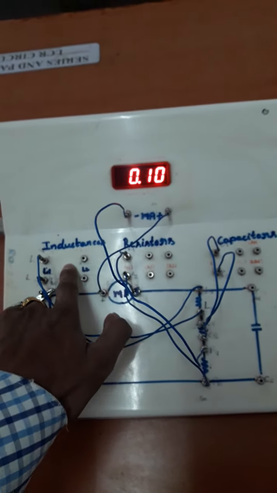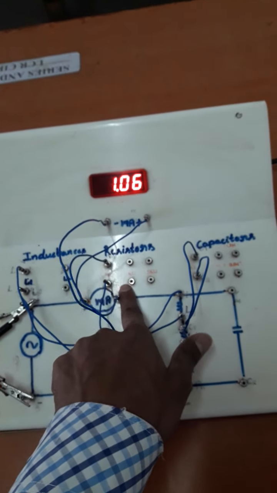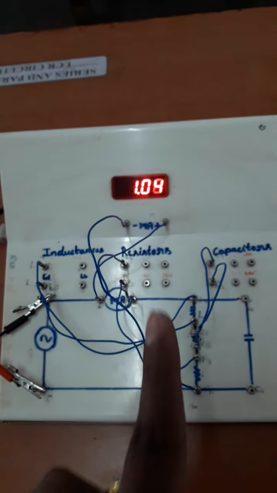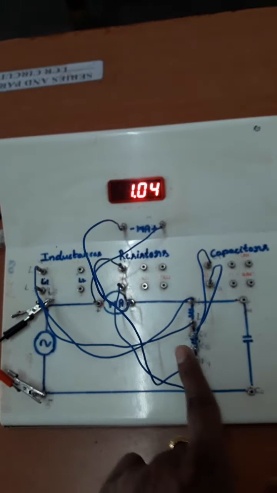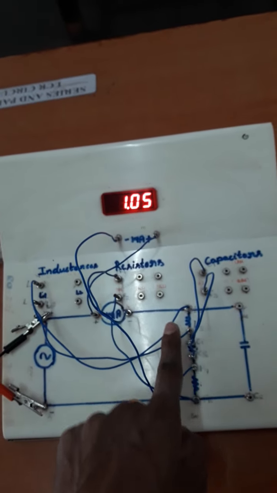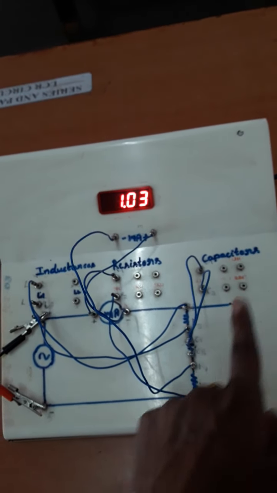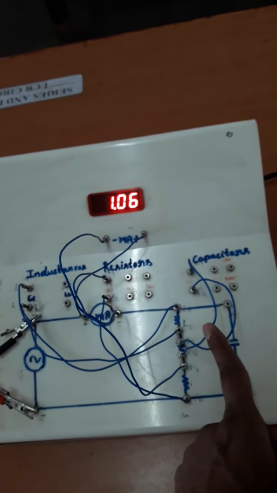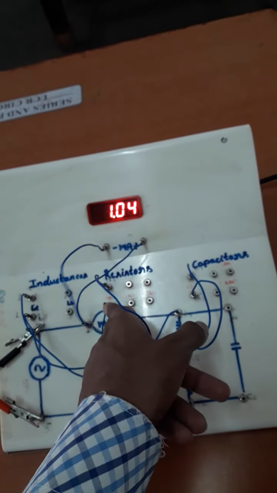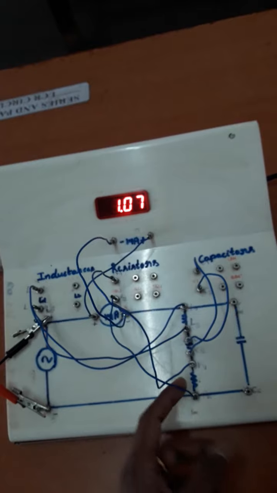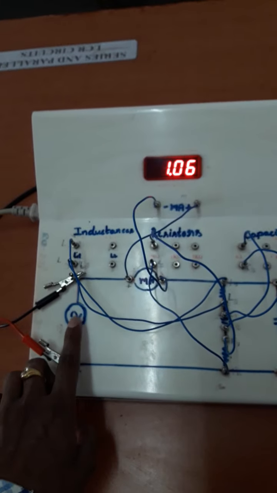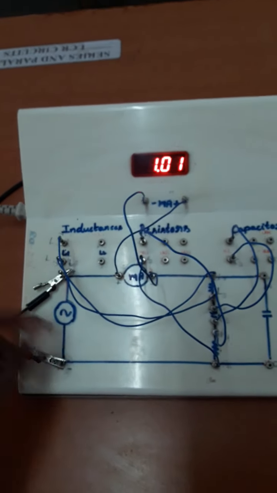Here we have inductors, resistors and capacitors in the kit, but we are using only one inductor, one resistor and one capacitor. This is the place to connect the inductor, and this is the place in the center where we connect the capacitor. We connect them using connecting wires. The resistor is also connected at its place in the circuit. And this is the audio frequency oscillator, which we also connect using these two wires.